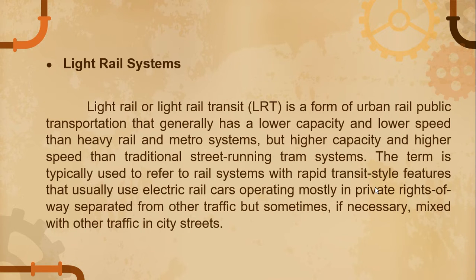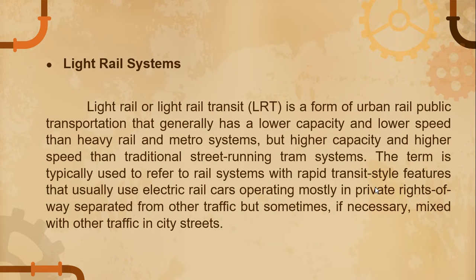Our first bullet is about light rail systems. Light rail or light rail transit (LRT) is a form of urban rail public transportation that generally has a lower capacity and lower speed than heavy rail and metro systems, but higher capacity and higher speed than traditional street-running tram systems. The term is typically used to refer to rail systems with rapid transit style features that usually use electric